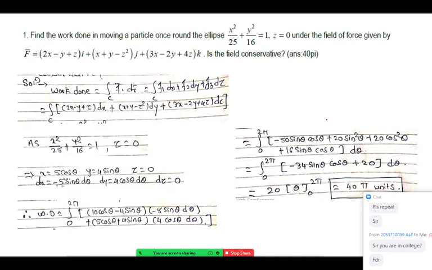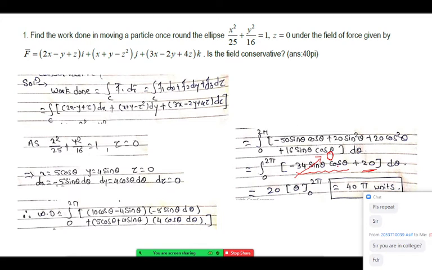So right now, just focus here. When you simplify, this becomes minus 34 sine theta cos theta and 20. You will observe the integration from 0 to 2 pi is there, and sine raised to 1, cos raised to 1. That odd power is there. So no need to evaluate. Directly you can say the integration of this term is 0. No need to evaluate it at all, because we use the property: from 0 to 2 pi, sine and cos with odd power give answer 0.